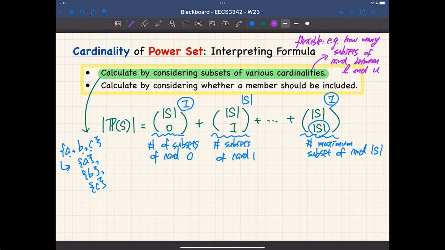In that case, you got to use the choose operator 3 times. Choose 2, choose 3, and choose 4. Agree? Guys, are you following me? Or maybe I need to be a little bit more explicit. If you need me to do more illustration, please just raise your hand. Otherwise, I assume you're okay. So this one here is actually a little bit more flexible for you to calculate individual category of subsets of certain cardinality, right? That's one way to look at it.